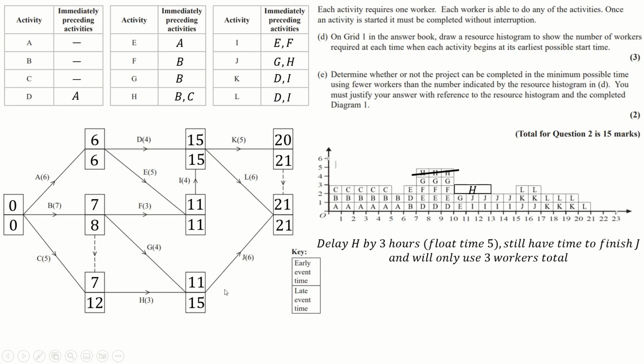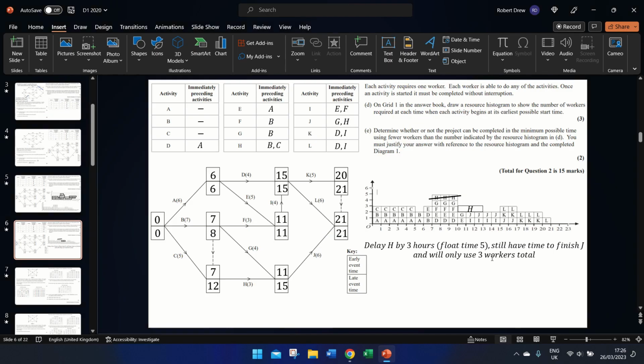And J is allowed to be delayed by those 3 hours, right? Because then it would still finish. If it started at hour 14, it would still finish at hour 20. So we just move J along, and because the J's are still being used here, that wouldn't ever get this up to 5 workers at all. So that's fine. So delaying H will get us down to 4 workers in total. Now, it's only worth 2 marks, so I reckon you get a mark for saying, yeah, you can break it down to 4 workers. Sorry, this should say 4. Apologies, this should say 4 here. I might just go in there and edit that, because why not? So only using 4